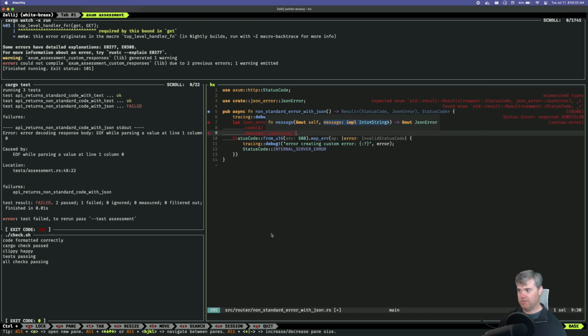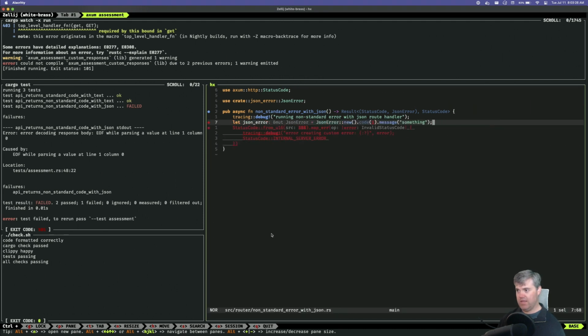Something. That gives me this mut reference to JSON error. I could probably do something like a build or create at the very end, which would then just clone that and turn it into the JSON error. But I'm not going to worry about it too much. It might just work for what I need right now.